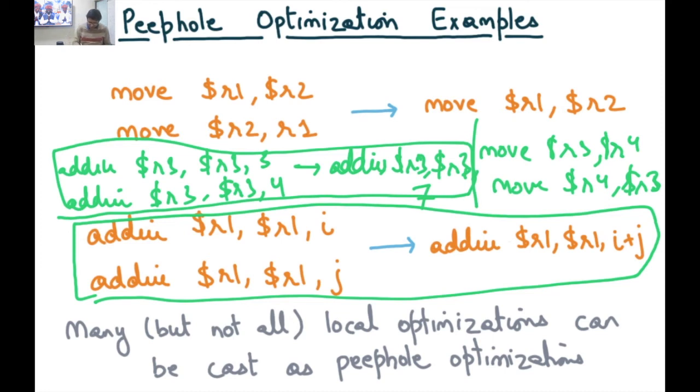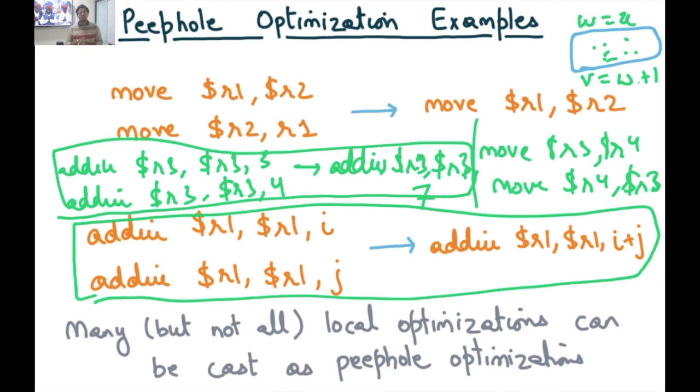Because let's say I have W equals X, then I have lots of instructions in the middle, and then I have a use of W, some V equals W plus 1, right? Then here I would want the W in V equals W plus 1 to be replaced with X. But to do this as a peephole optimization is really difficult, because now I need a pattern that not just matches W equals X and V equals W plus 1, but also matches all these instructions in the middle. And there can be a lot of different permutations and combinations of what can appear in the middle. So doing this as a peephole optimization may not make sense.